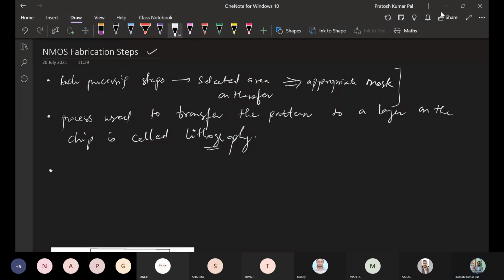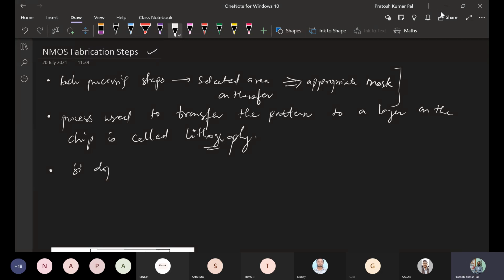Okay, so here different patterns that we go for growing means different layers. Those different layers will be different silicon doped layers.